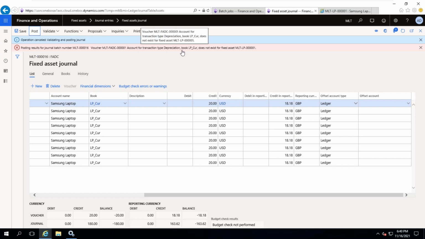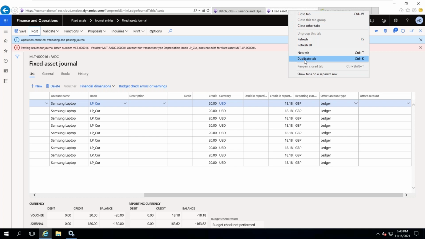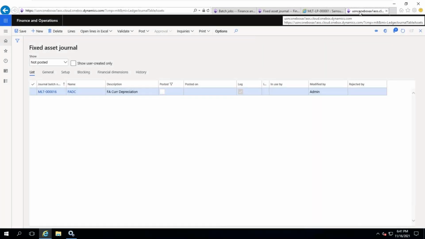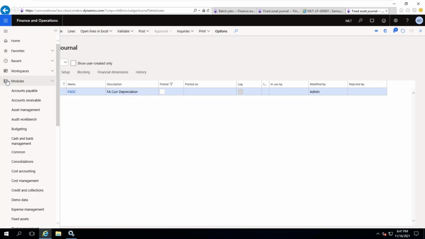Account type depreciation. Here, depreciation in the fixed asset posting profiles we have not configured. Let me show you what exactly. If you go to fixed asset posting profiles,